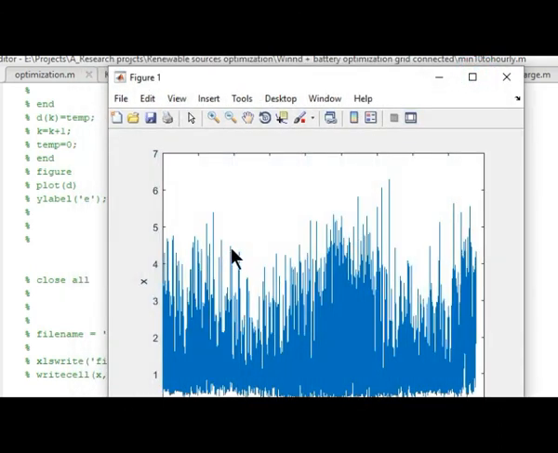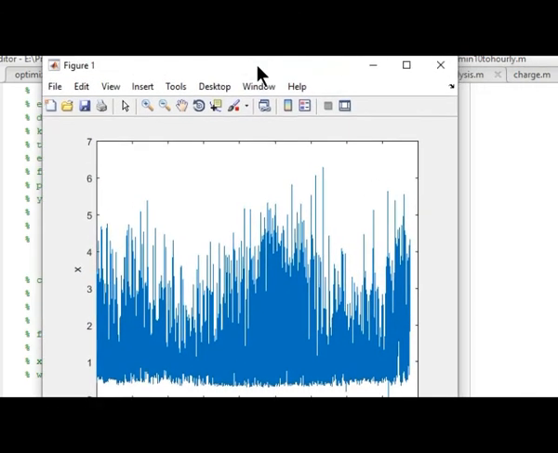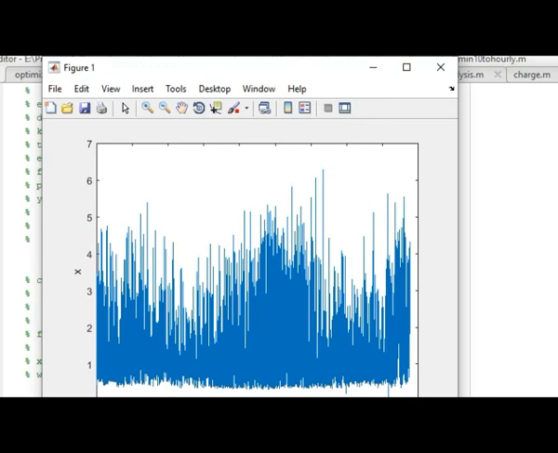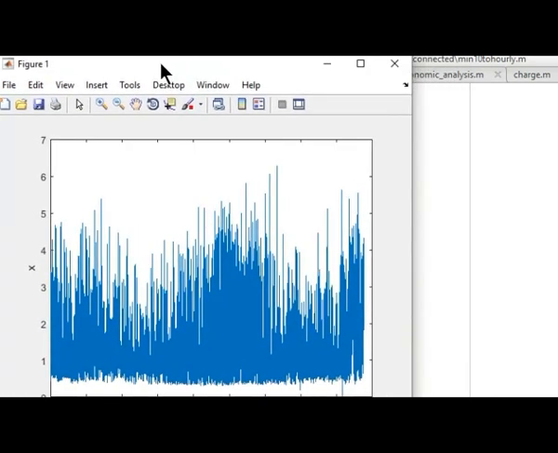And we have converted this data to an hourly basis. So you can see here a very small number of entries. In that one it was a million entries, and in this one, because we have converted it, we have reduced that data by a ratio of 60 as we converted it to the hourly basis.